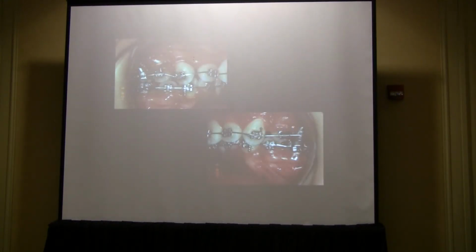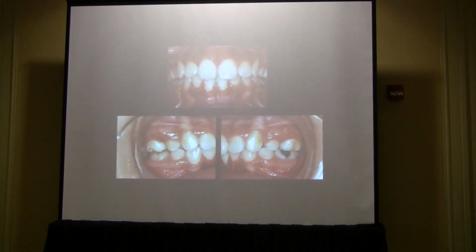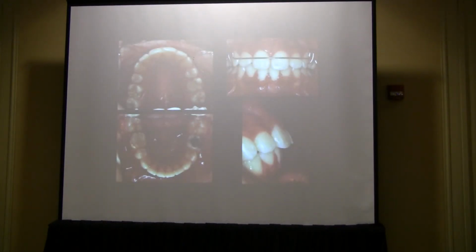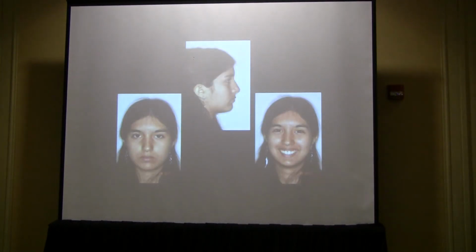Finally, the complete arches and her final occlusion, with a little class 2 on the right side. Retainers. An aesthetic result, the most important: an early establishment of new aesthetics, a good balance, a good